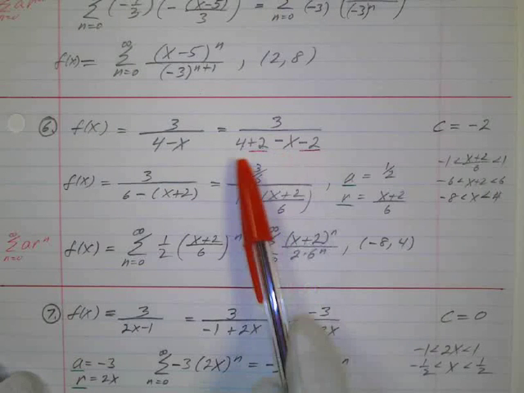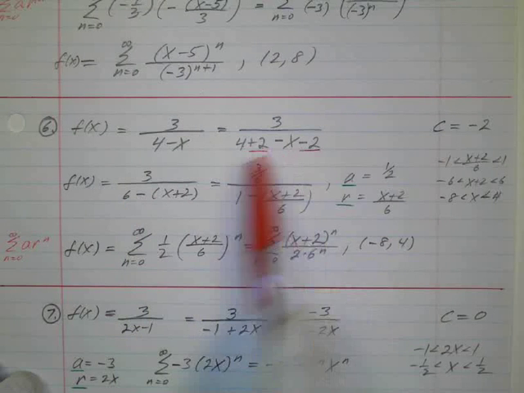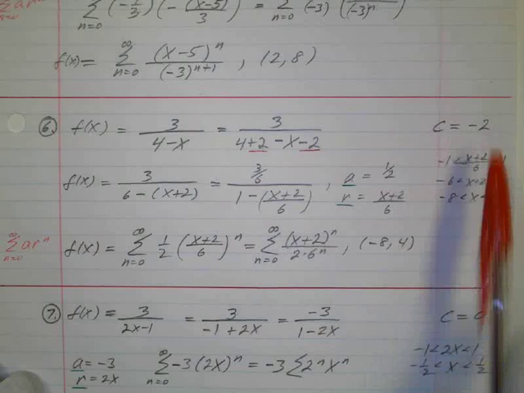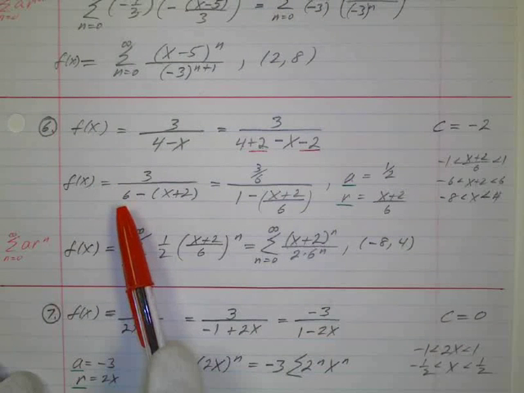Once I do that, 4 plus 2 is 6. And then if I factor out this negative sign, I get negative x plus 2. And that's what I want because I want my center to be negative 2. It's always x minus c, so x minus negative 2 is x plus 2. Then again, we want this to be in this form